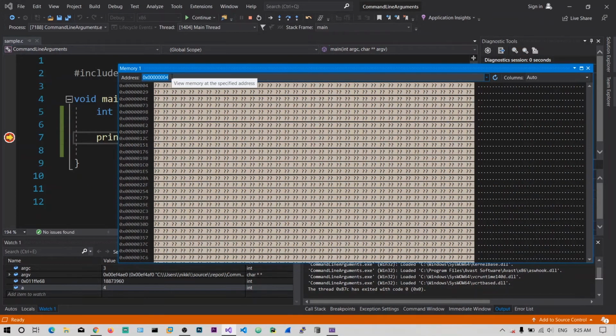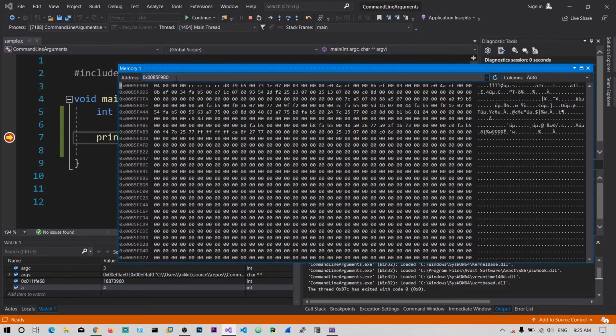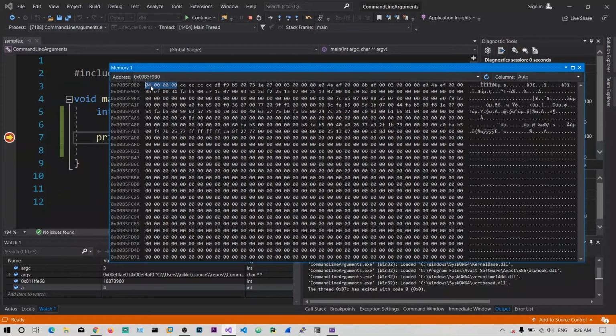It's 4, but actually it's taking the value and using it as an address. We don't want that. What we want is &a. This ampersand symbol tells that we want the address of that variable. So if I press &a, there you can see 04000000, and this is our 4, which appears reversed because it's written in byte order. If you flip these bytes from right to left, you will get 00000004.